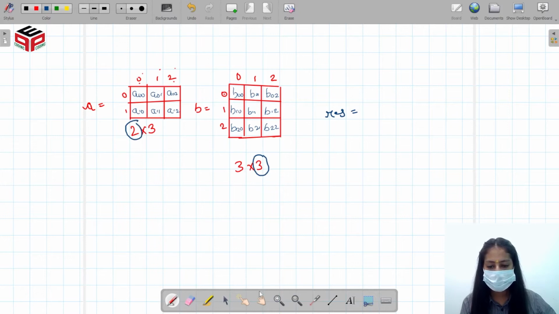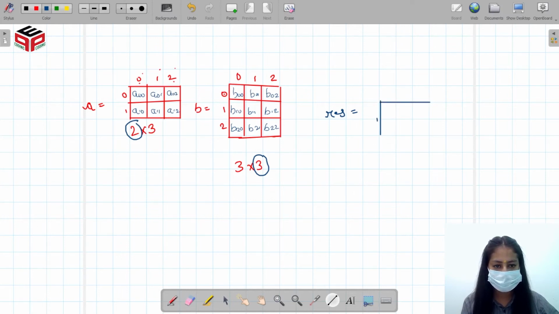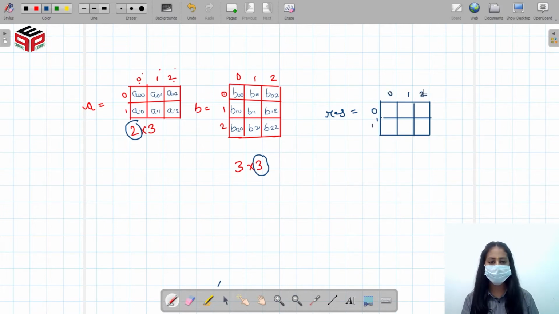So in this example, our resultant matrix would be of dimension 2 cross 3, that is, the number of rows of the first matrix and the number of columns of the second matrix.